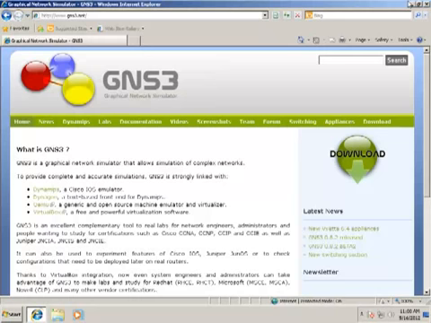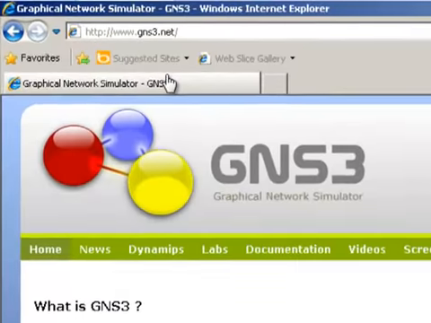Hello guys, today I'll be showing you how to download, install and configure GNS3 and also how to use that software. This software allows you to run the Cisco IOS directly from your system for learning purposes or some lab purposes. Okay, so first of all, access the internet at the address